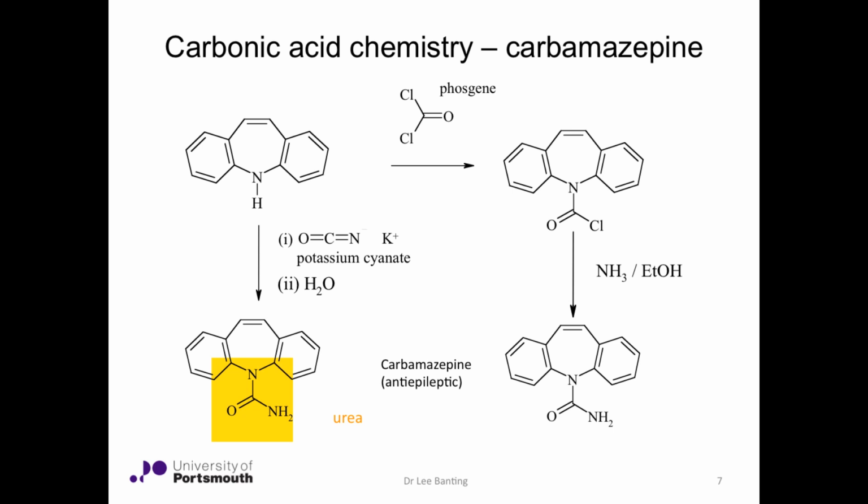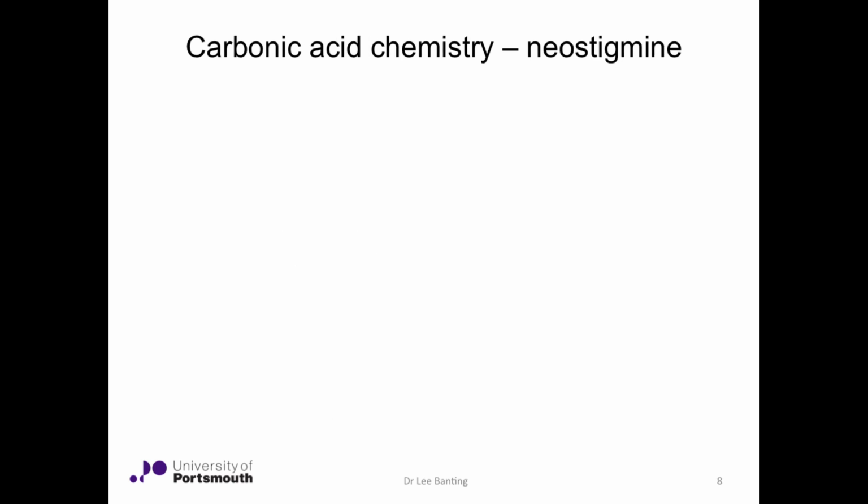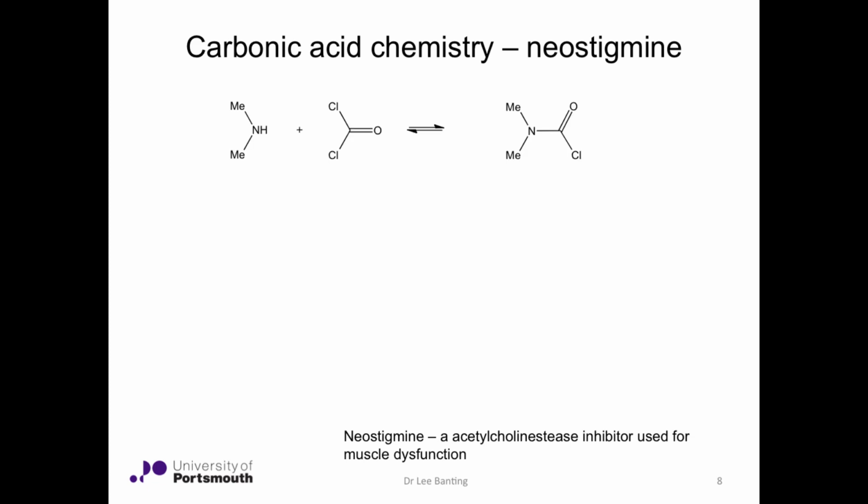And we end up with a urea functionality appended to the heterocyclic ring. We're going to choose another example, which is neostigmine. And neostigmine is an acetylcholinesterase inhibitor used for muscle dysfunction. And a reaction of dimethylamine with phosgene can yield a carbamoyl chloride, an appropriate carbamoyl chloride that can be